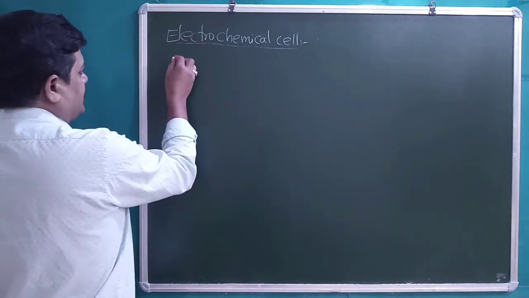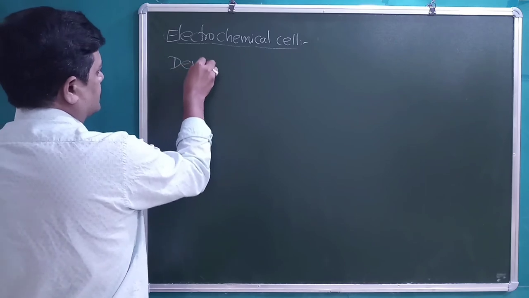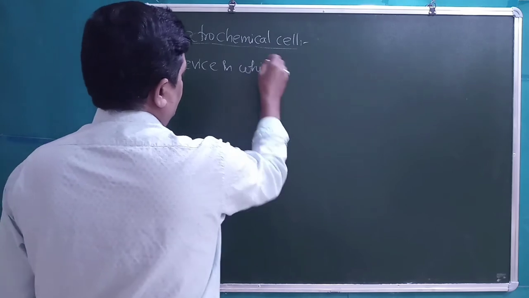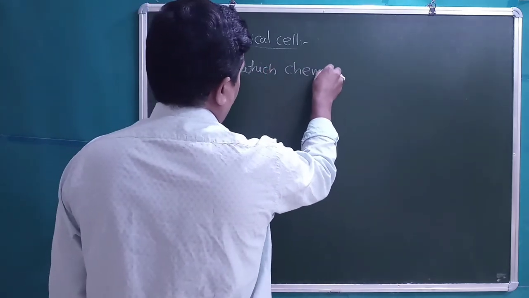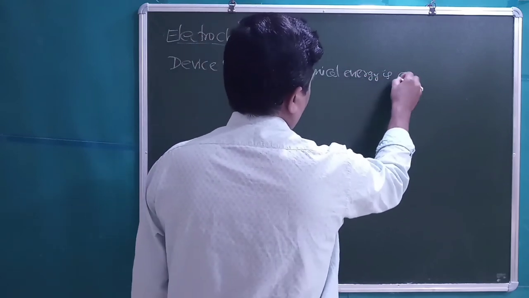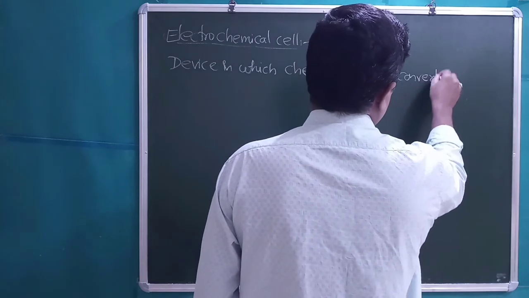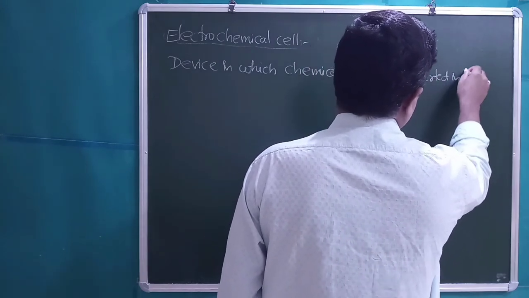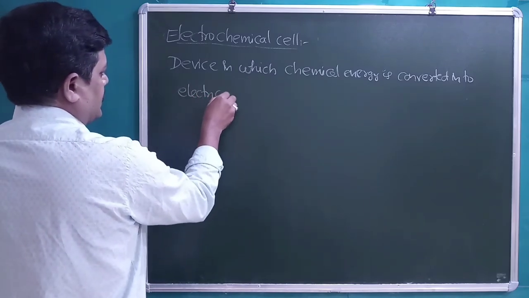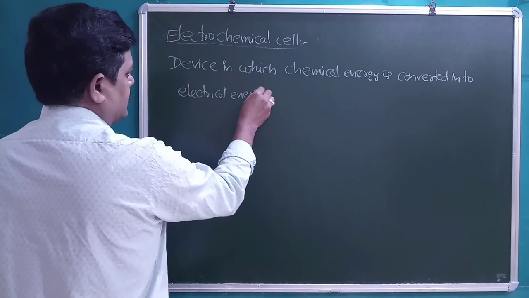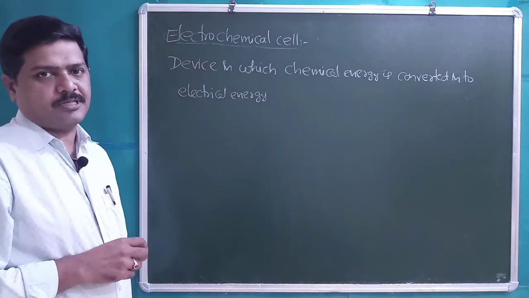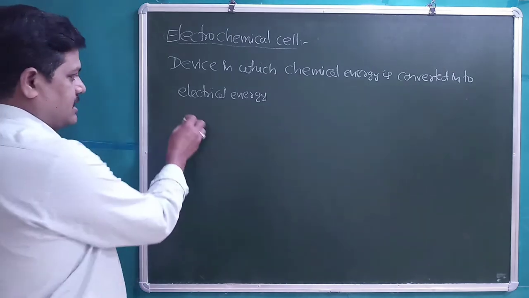Electrochemical cell is defined as a device in which chemical energy is converted into electrical energy. So students, electrochemical cells are of many types, but in the syllabus we have Daniell cell,